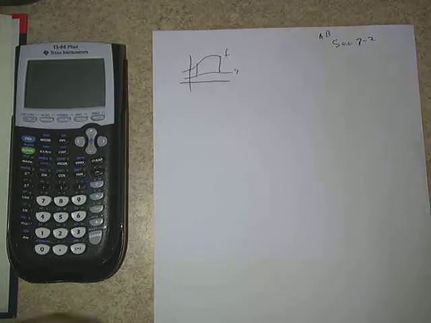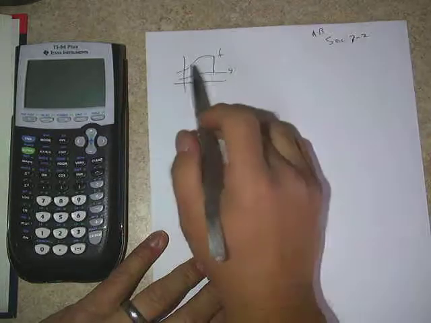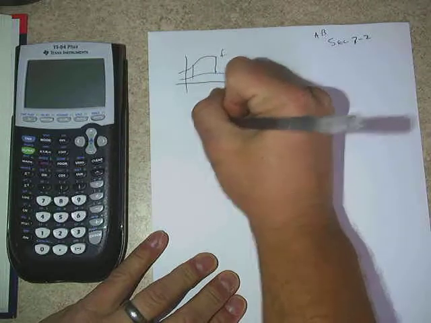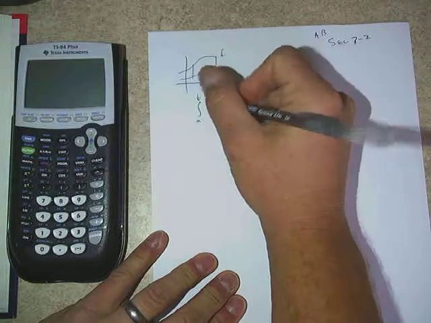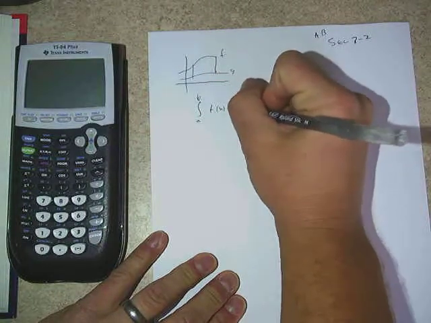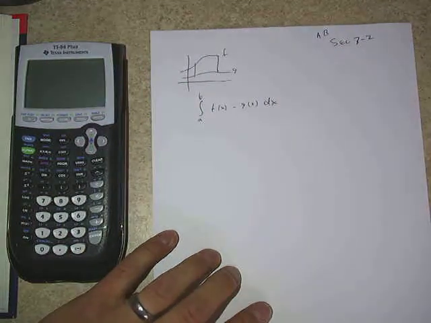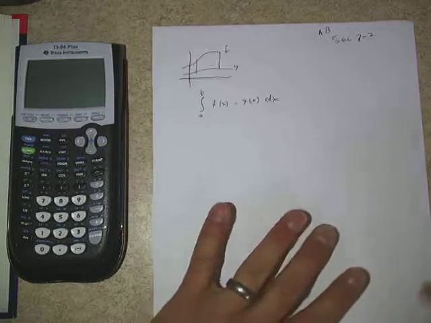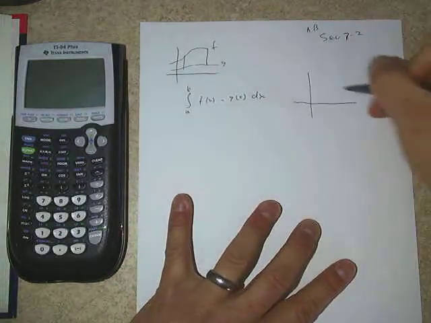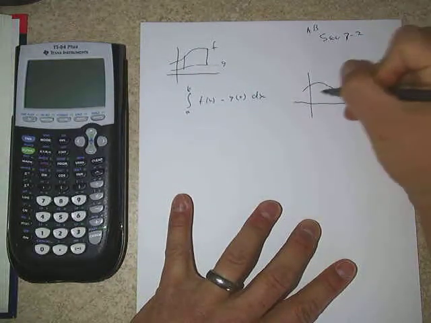And one of the things that this depends on, though, is that the F curve is always above the G curve. So if we write an integral from a to b, if you will, of f of x minus g of x, then the one thing that this relies on is the fact that f is always above g. Okay? If we had a situation like this, for instance, where I had my f curve here